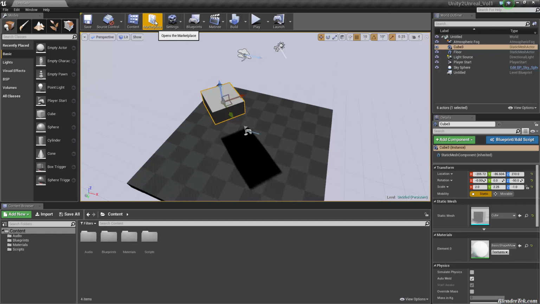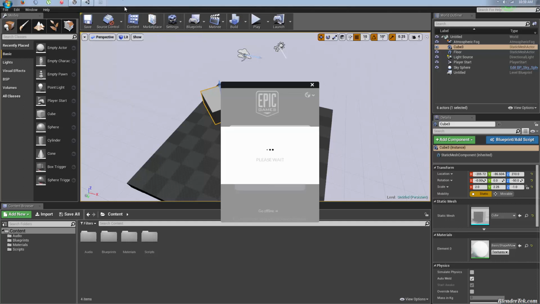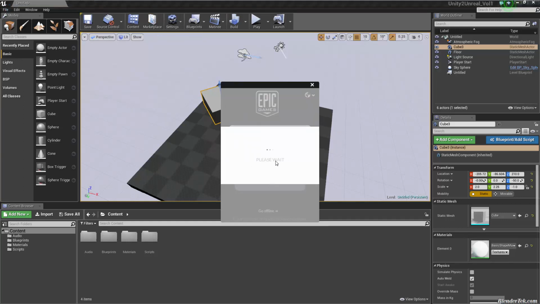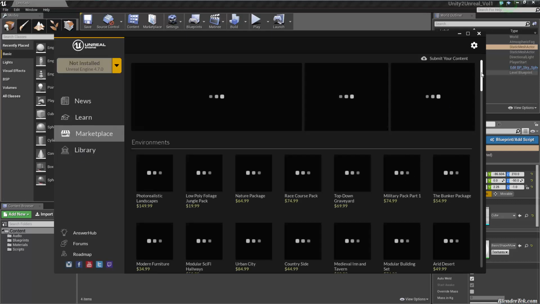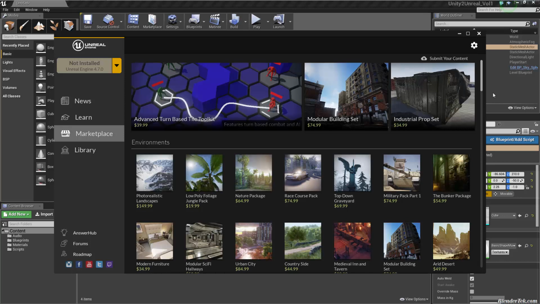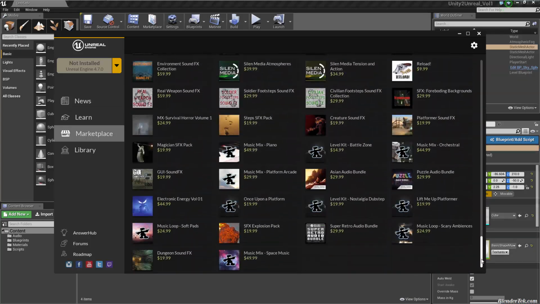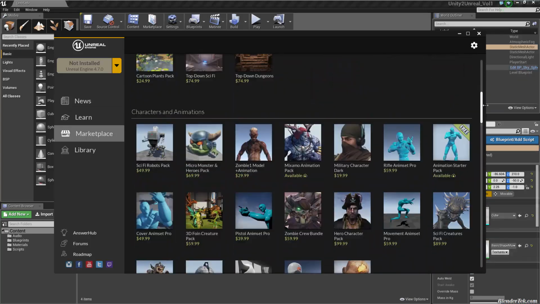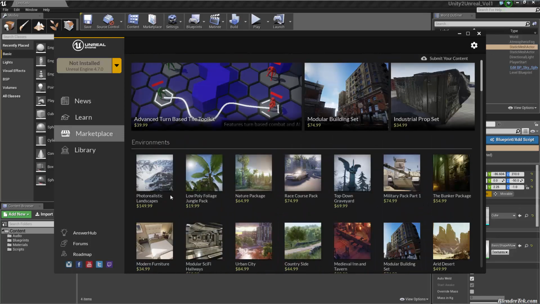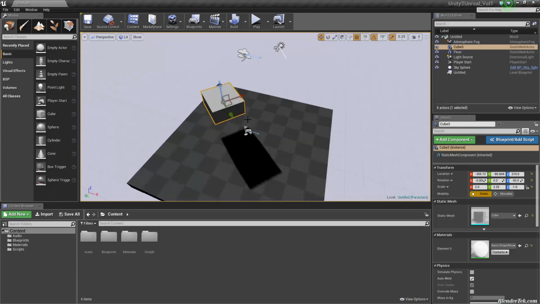But same deal, I click it and it should open. It opens it in the launcher. And so yeah, a little bit different, and I'm sure they'll work on it in time and integrate it into the editor instead of a separate program. This is the Unreal Engine launcher, but yeah, it's similar. You have assets that you can buy. There's some free ones, and then they get imported into your project. So that's another thing that's similar.